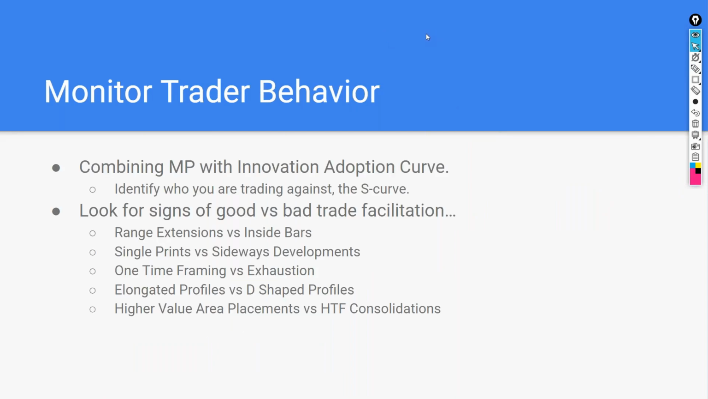Now we come to the second thing that you can do with market profile, which is monitor trader behavior. You have to combine market profile with the innovation adoption curve. This is that S curve that we talk about. The S curve is simply, it looks like an S. Now let's say the market is coming down, it consolidates, starts going higher, goes higher nicely and again consolidates, and now you are at a point where you want to find out whether it's going up or going down. What you need to understand is, during this particular S curve which starts here and ends here,